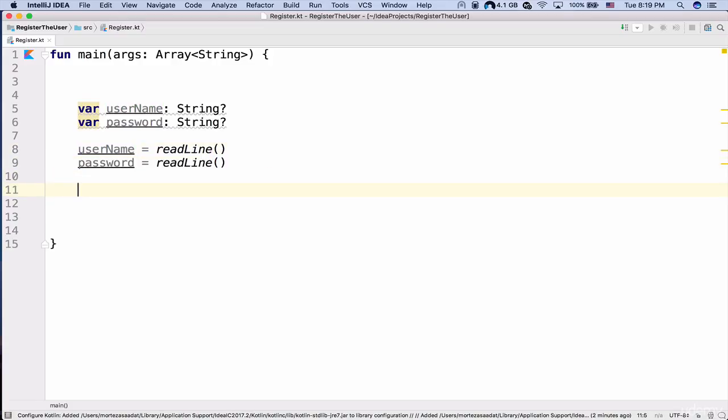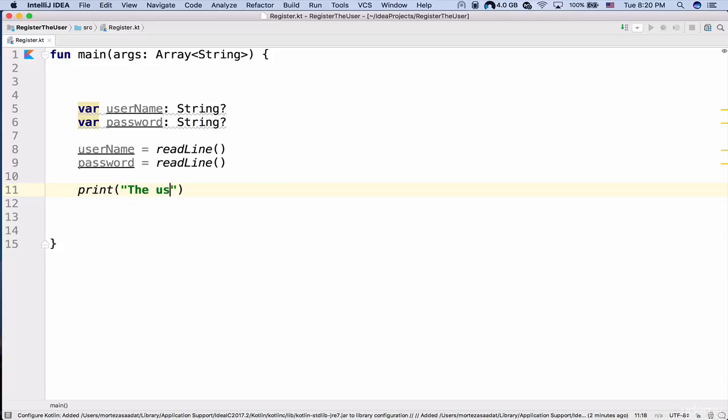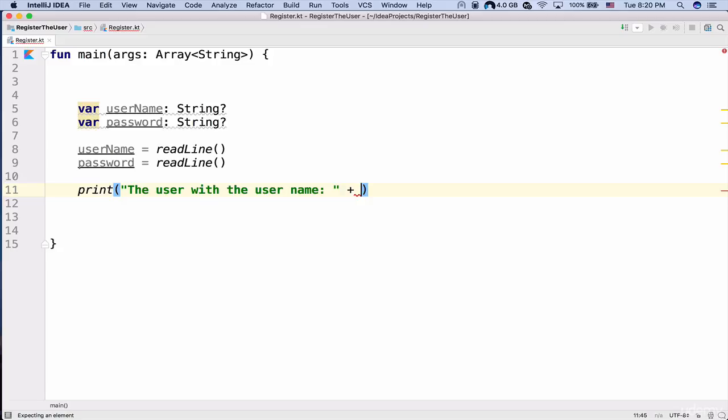So now when we get these values from the user, the username and the password, I just need to show a message to the user. So we can say println the user, so I can put two quotes, and here I can say the user with the name, with the username, colon plus username, and let's put a plus operator here again in order to concatenate this value with other values, two quotes, space,